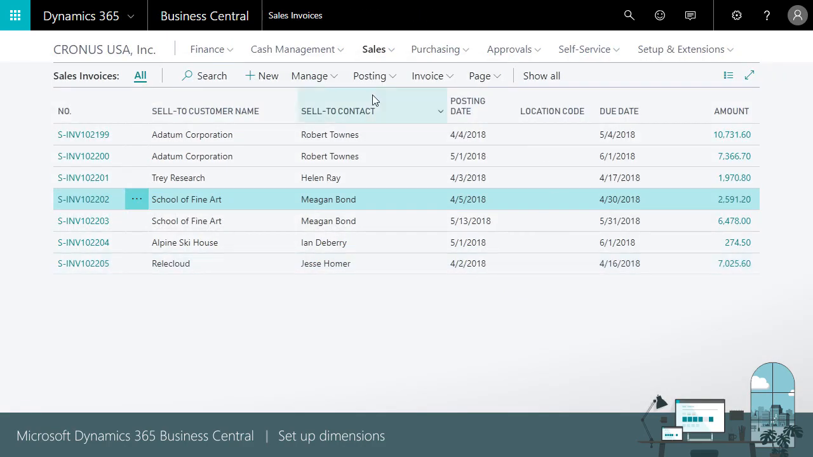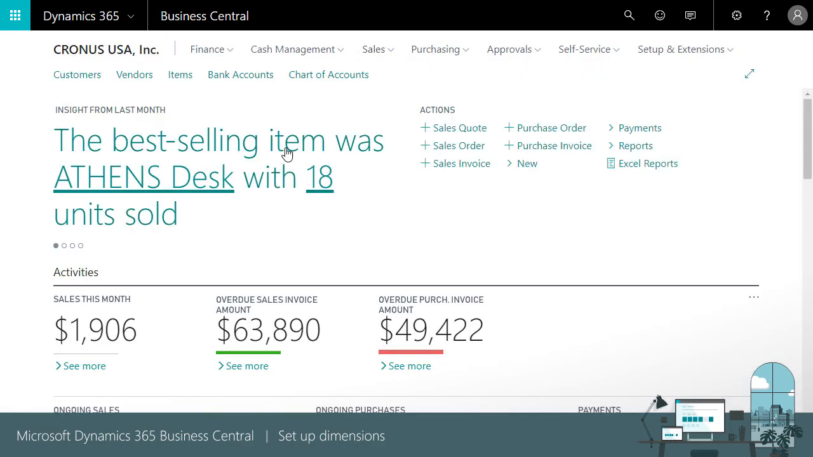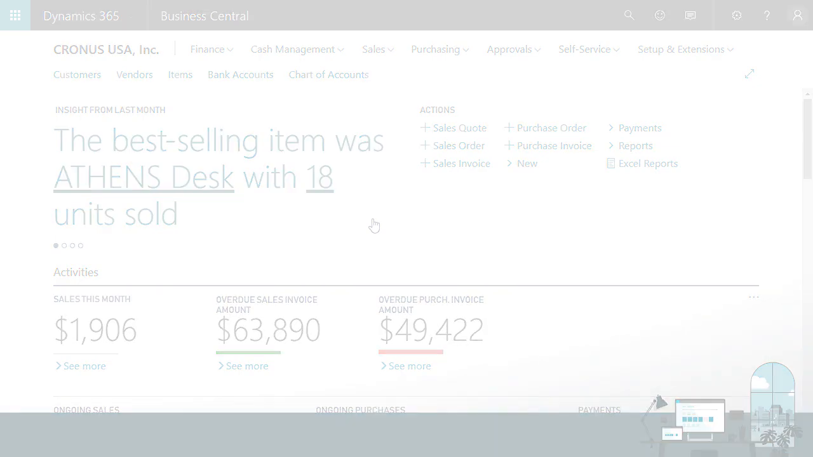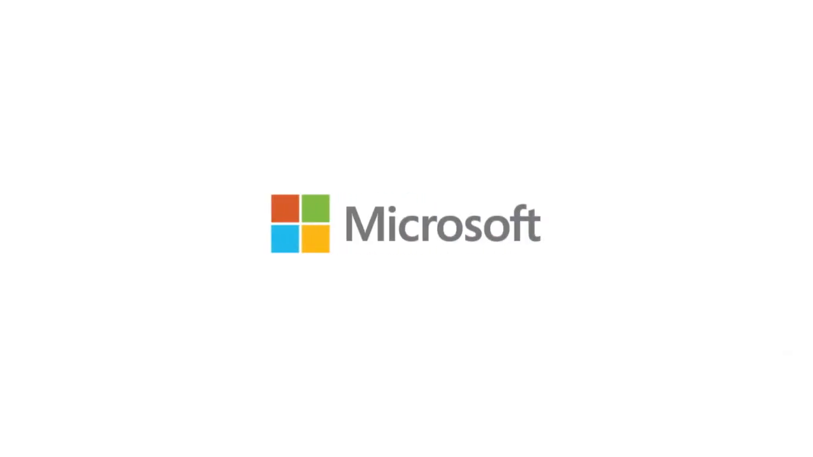We've just seen how to use dimensions to track and analyze transactions, set up as many dimensions and accommodate different setups, control how and when dimensions are used, resolve conflicts between multiple entities with different default values,